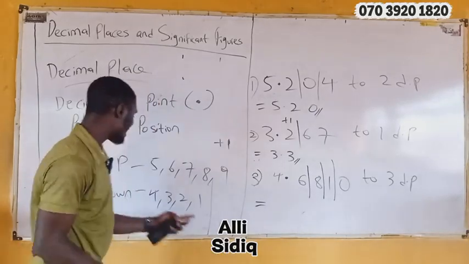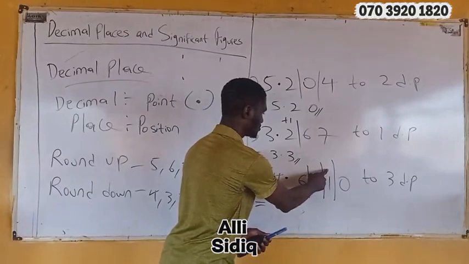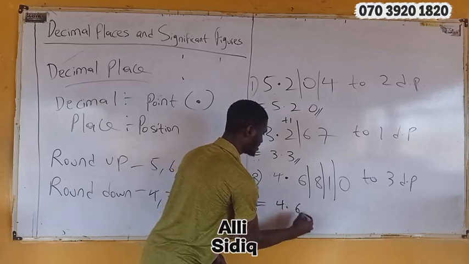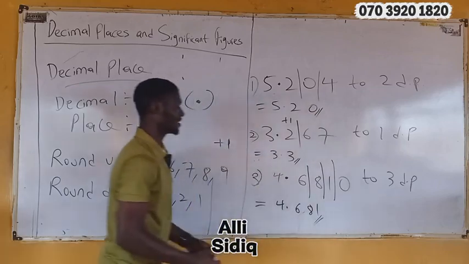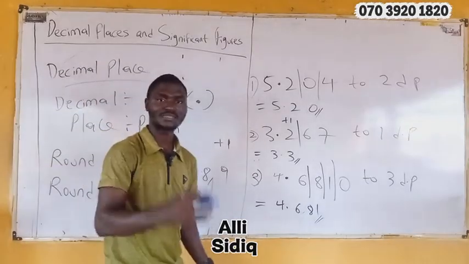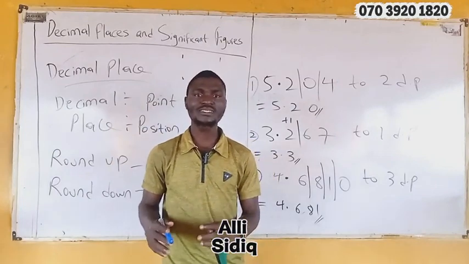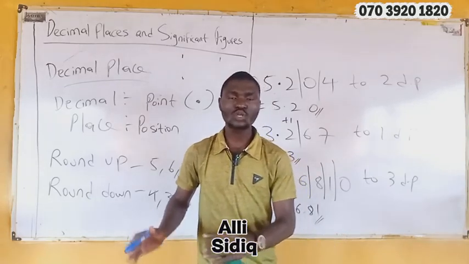Rounding down means I cannot add +1 to this. So that means I'll be having 4.681. That's my answer. That's how to work with decimal places when you're given in JAMB. The approach to JAMB means JAMB will give you questions in different ways, which you are going to solve